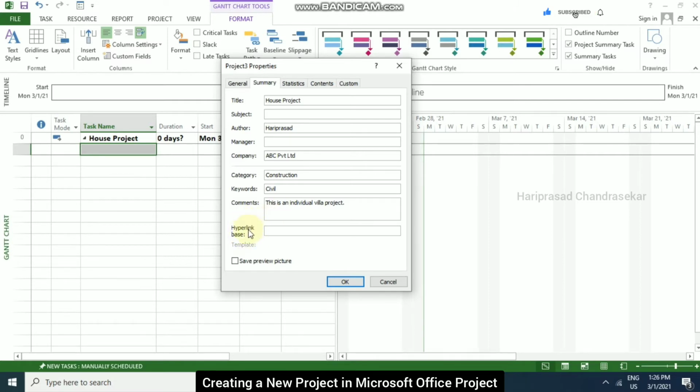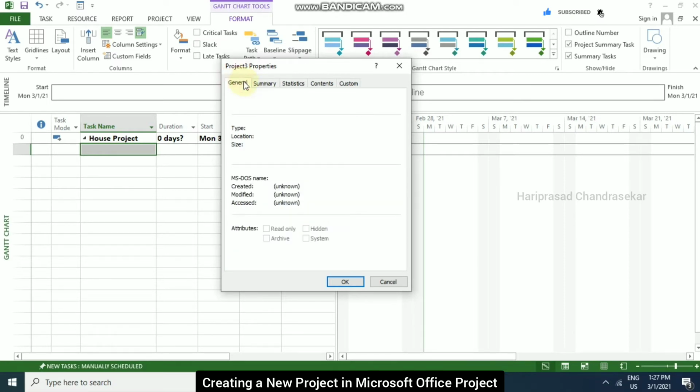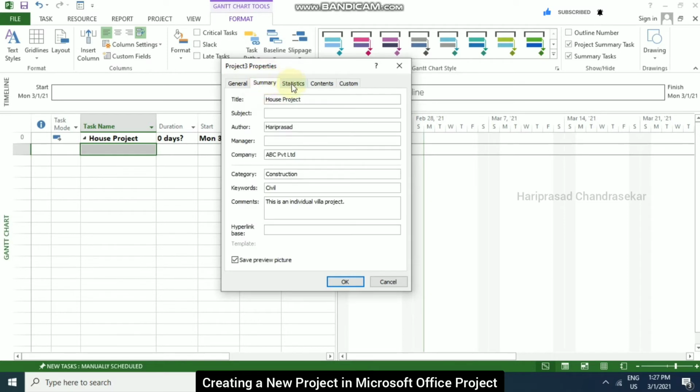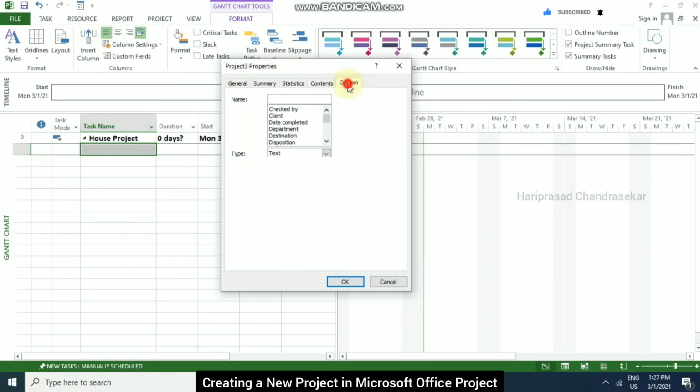Whatever comments you want, you can put here. And if you want some hyperlink base, you can put here. If you want to open any website, you can put it here. And if you want to save a preview picture, you can select save preview picture. We also have the general tab, and then summary, statistics, contents, and then custom.